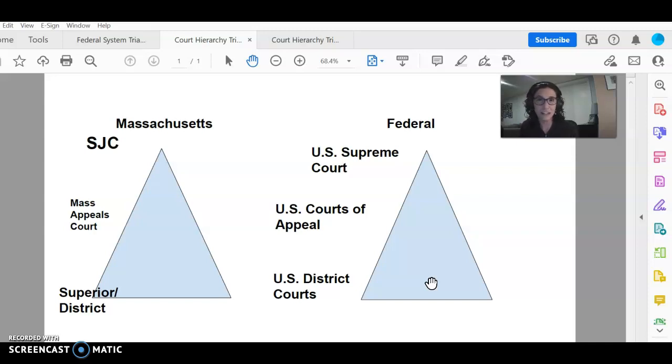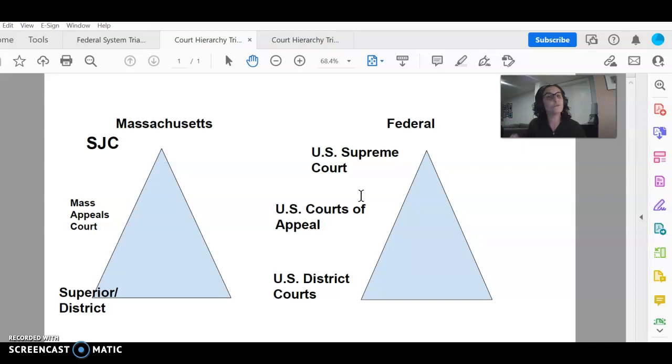And let's say the defendant moved in trial court to say, you can't bring in that evidence, that was a constitutional violation. But the trial court just said, no constitutional violation, and the evidence was allowed to be used against that defendant in a court of law, and then the defendant lost at trial court. That defendant could appeal his case to the first level of appeal and say to the judges on the appellate court that the lower court made an error of law, and for that reason, the lower court opinion should be overturned. That's just one example of how an appellate court can change the case and reverse what happened below.